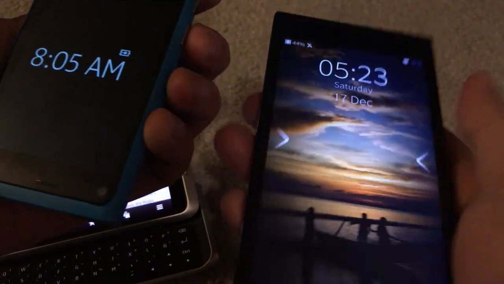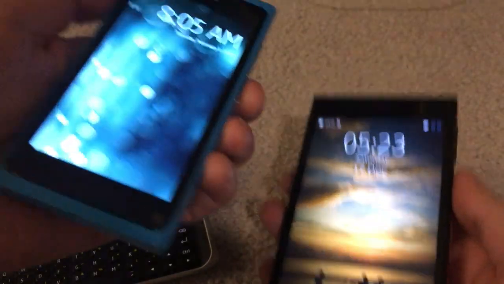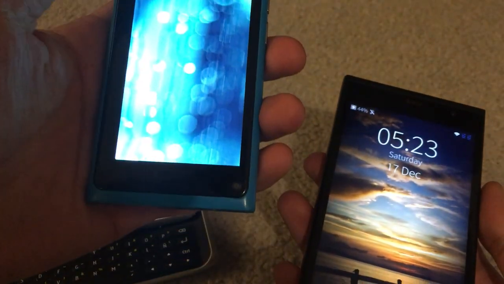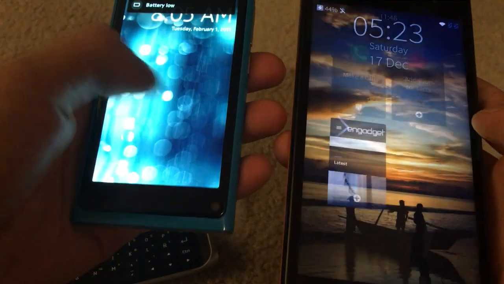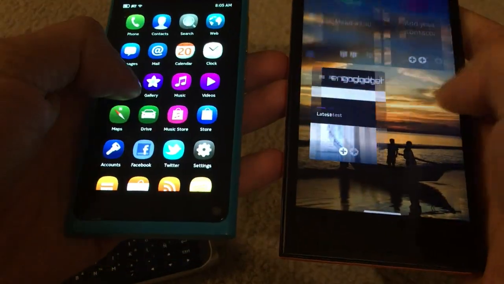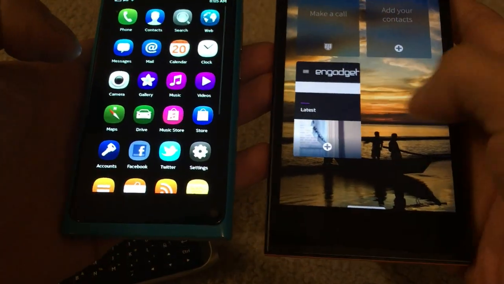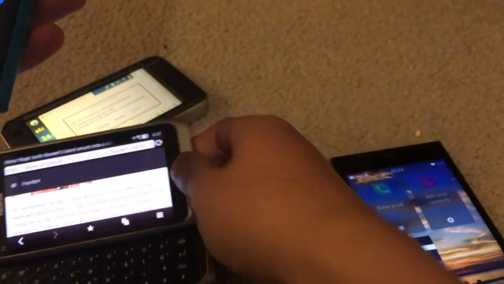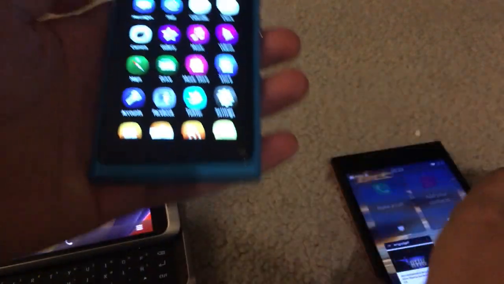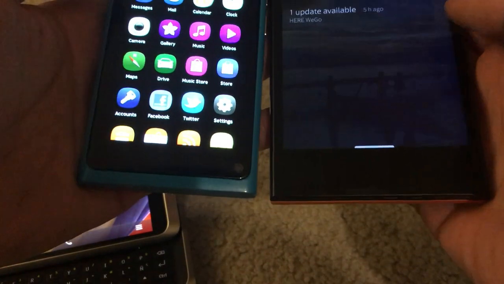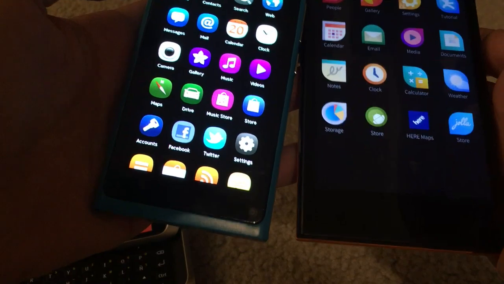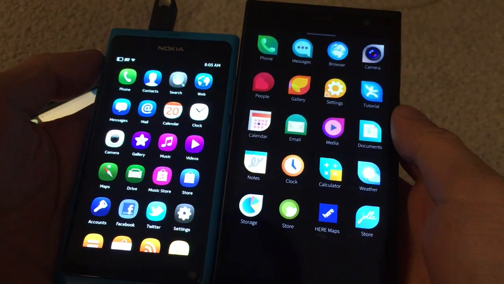Sailfish, this one is not technically used by Nokia, but I want to show you guys anyways because they're similar. They both use the swiping system. Oh, by the way, this has a home button as well. Let's go back home. So this one you swipe up, and now you start to see the similarities between